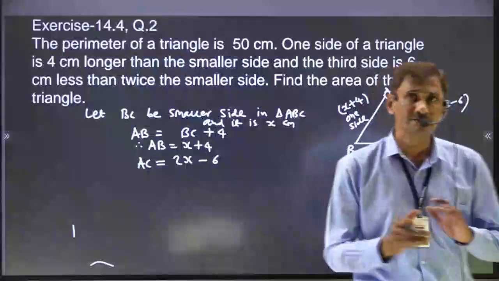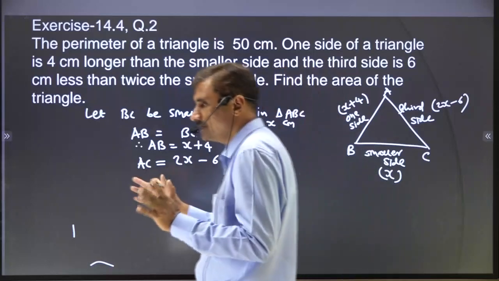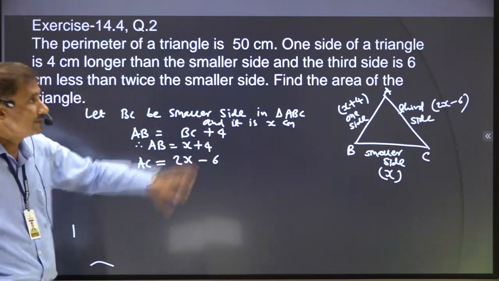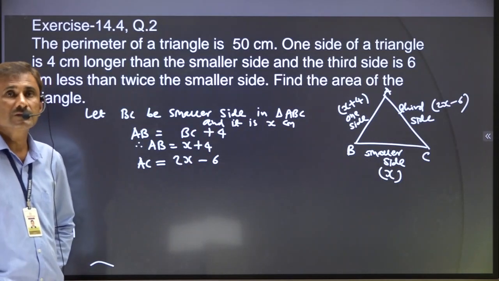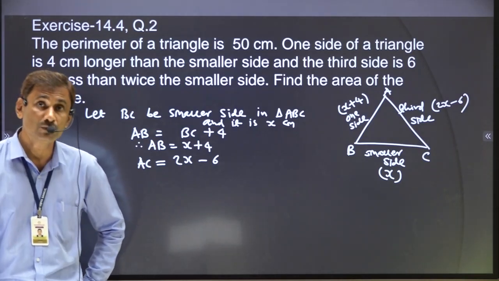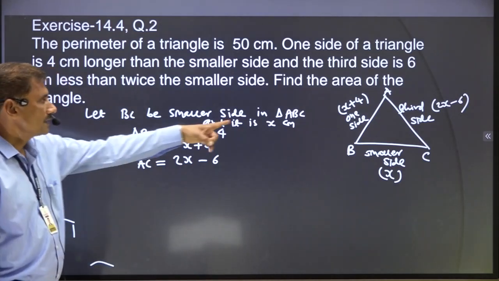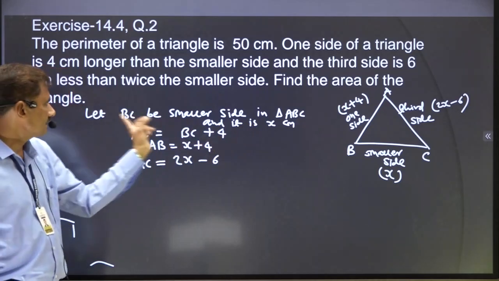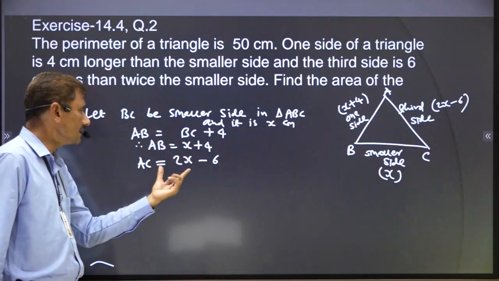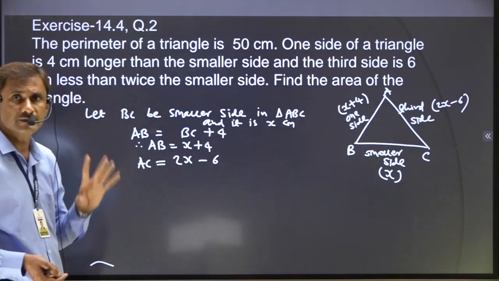So again, that is very useful. We suppose that side which is repeating in both relations. In both relations, turn by turn, they compare the smaller side with the remaining two sides. So we suppose here the smaller side. It is the convenient way. Otherwise, you can suppose any one side and you can get the remaining both sides in terms of x. We suppose BC is the smaller and that to be x. So we easily got AB and AC in terms of x. Now all sides' measurements we have supposed.